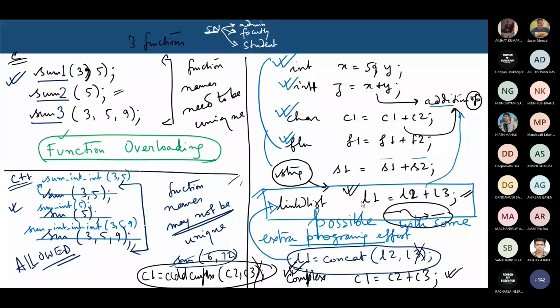So this is again an additional feature. What we are trying to do here, whom are we overloading? The addition operator. This is the particular thing that gets overloaded. Addition is an operator. So this is what is called